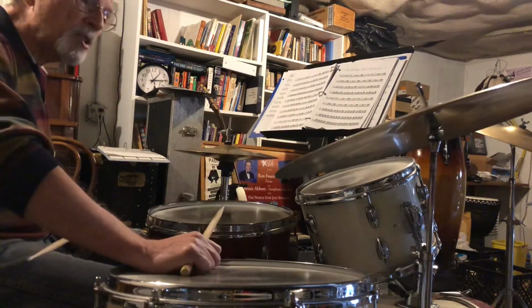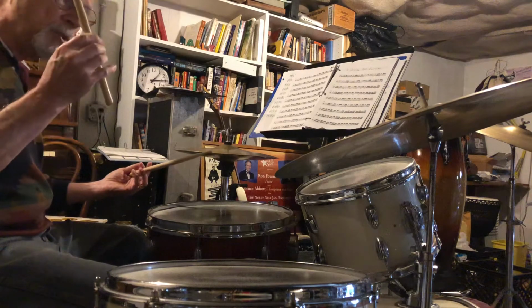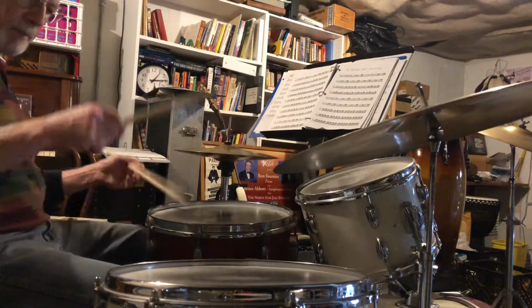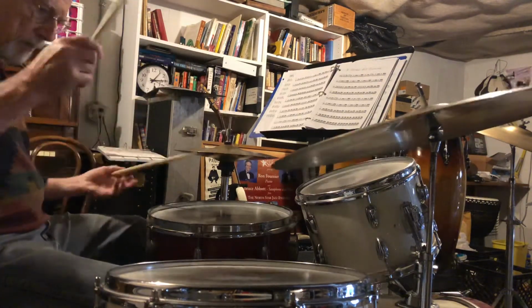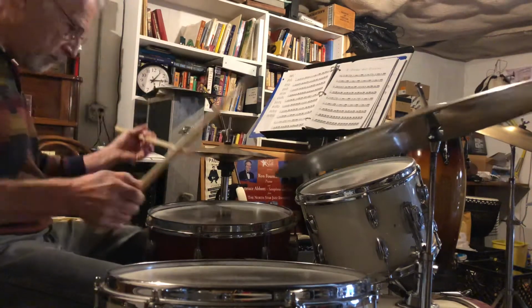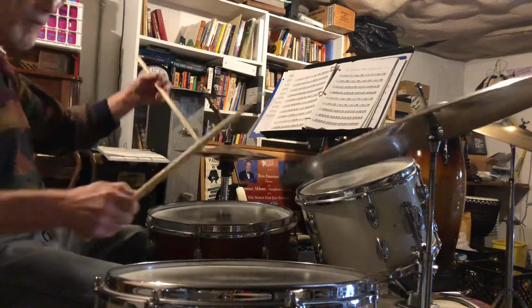Okay, and then the challenge then is to put those two together. So you're playing the end of 1, no cymbal note, end of 2, cymbal note, unison. End of 3, no cymbal note, end of 4, unison. I'll slow it down. 1, and 2, and 3, and 4, and 1, and 2, and 3, and